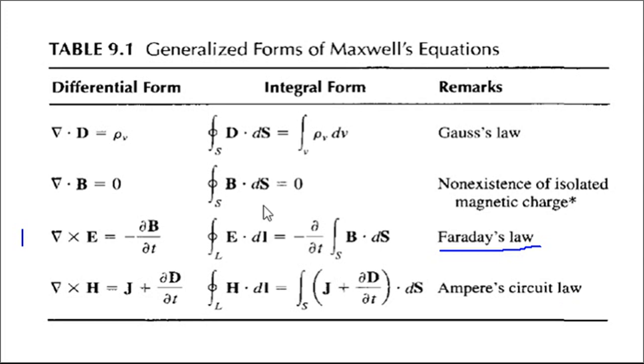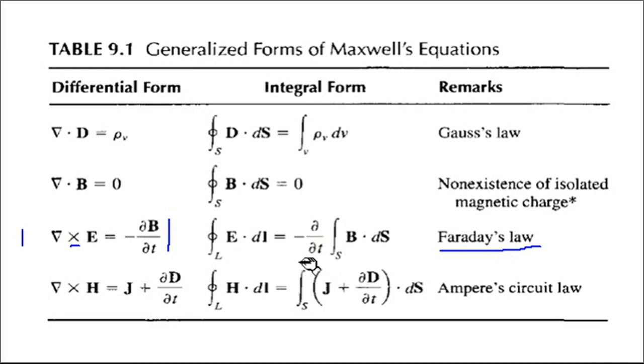Now see, whenever you find the equation in the differential form, we call this the differential form or point form. I'll repeat, whenever you find any Maxwell's equation in differential form, the differential form is also called point form. And now wherever you get a del cross, you just remember that in the integral form it will come with a closed line integral. So the closed line integral of E bar dot dl bar is equal to, just this minus dou by dou t is taken outside the integration, with the integration running over the open surface, B bar dot ds bar.